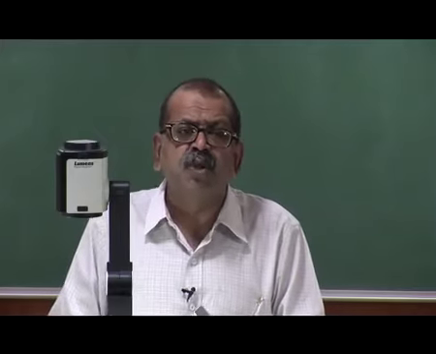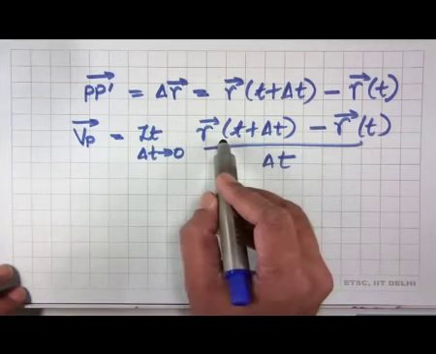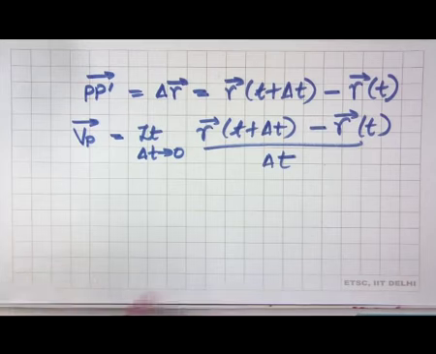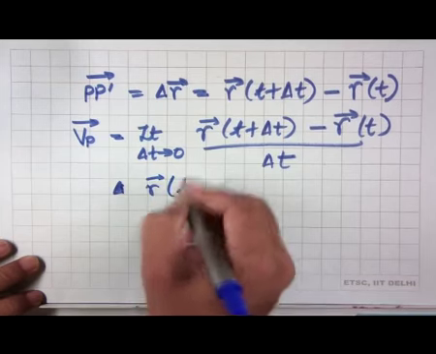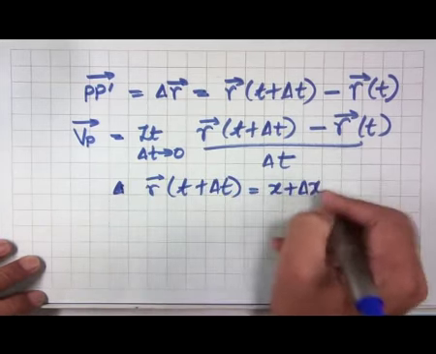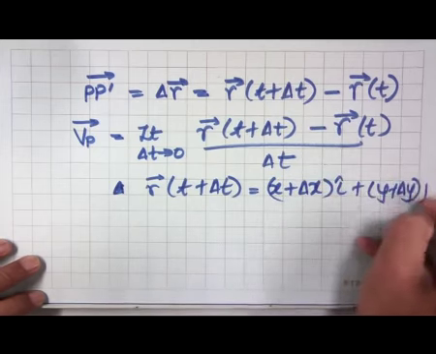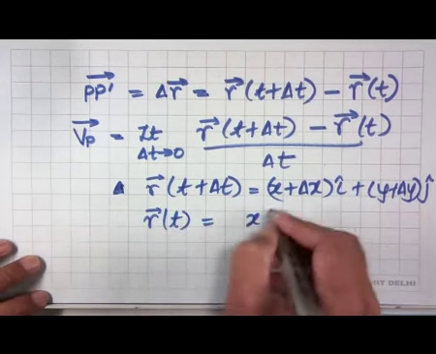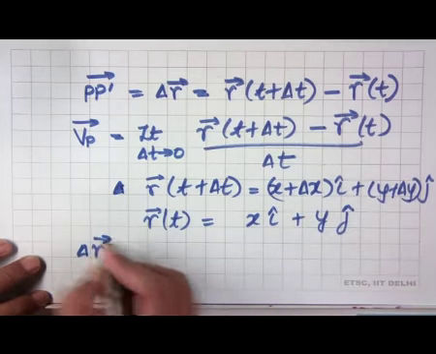So, this is the instantaneous velocity of the particle at P, and this is very much the same as in one dimensional motion, but now because this is two dimensional motion, the difference is between two vectors. And we can also realize that r at t plus delta t is equal to x plus delta x i plus y plus delta y j, and r at t is equal to x i plus y j. So, therefore, delta r can be written as